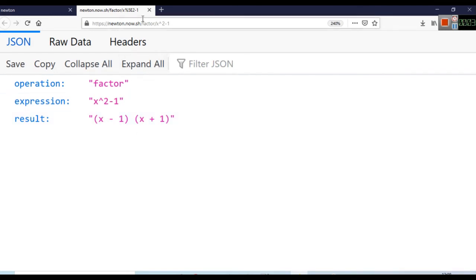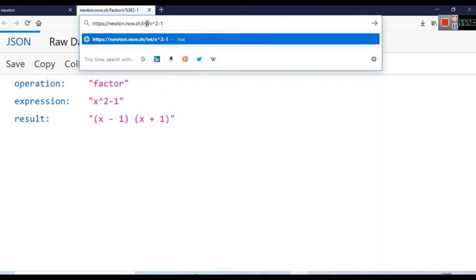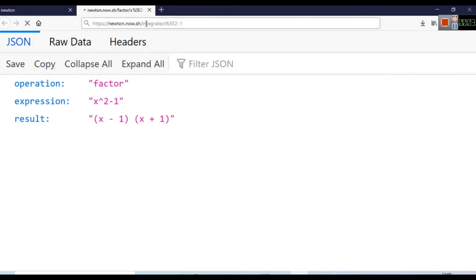We can also use integrate here. Suppose you want to integrate this, you can write integrate here and it will give you the result of integration. You can see the integration of x raised to the power 2 minus 1 is 1 by 3 x raised to the power 3 minus x.